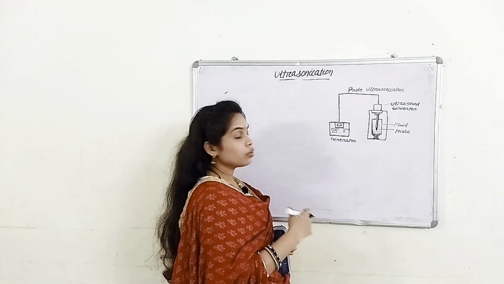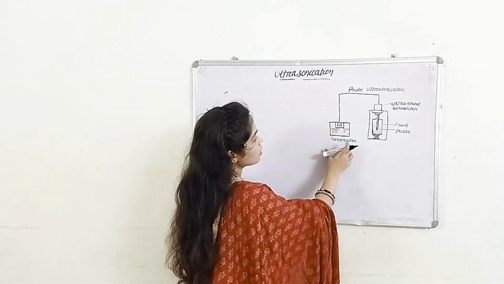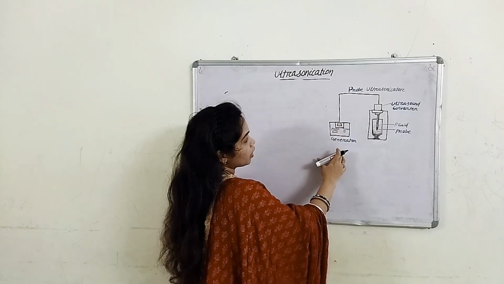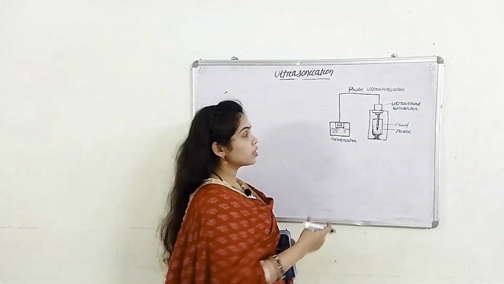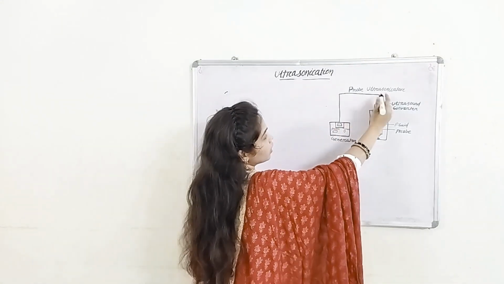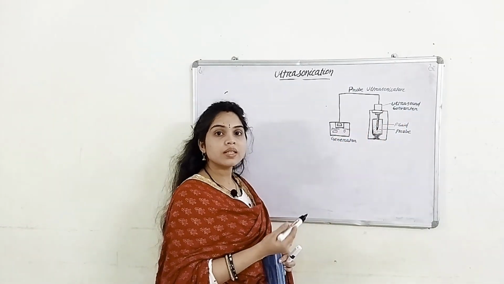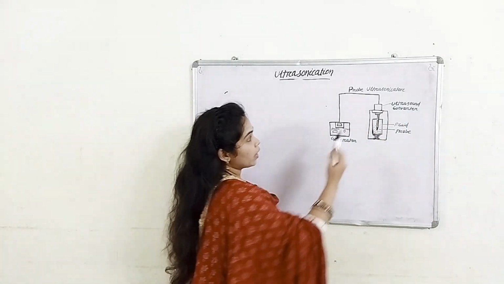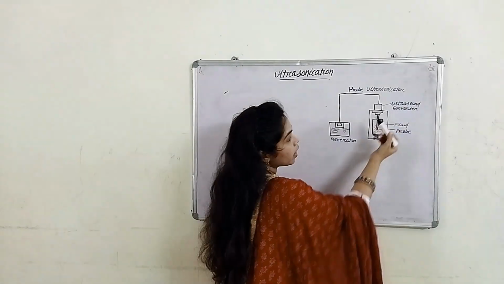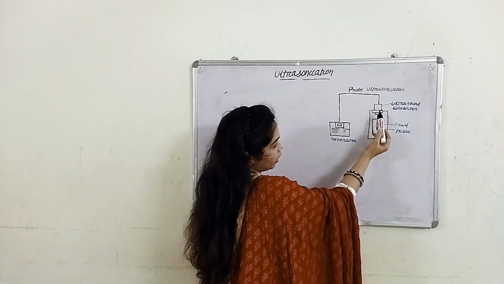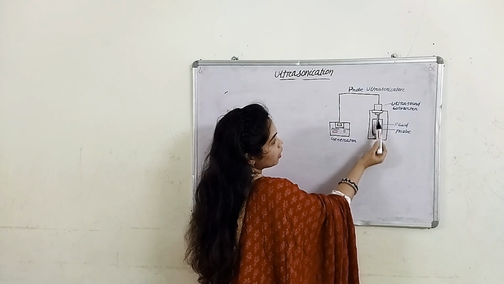By using this ultrasound generator, it produces high frequency sound waves and transmits them to an ultrasound converter. That high frequency sound wave is again converted to a mechanical vibration, and then this mechanical vibration comes to